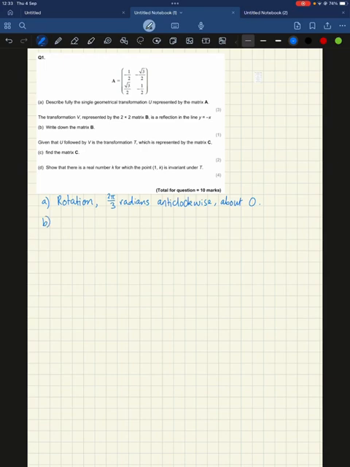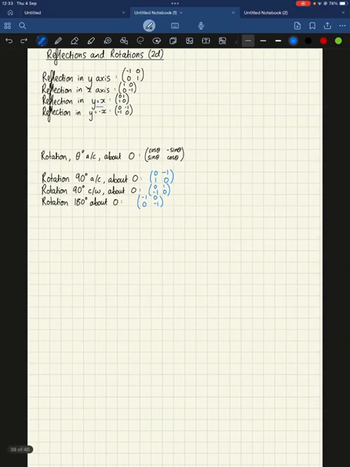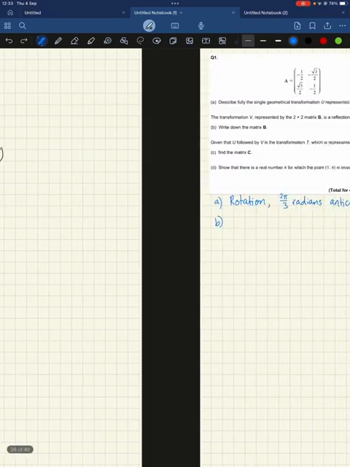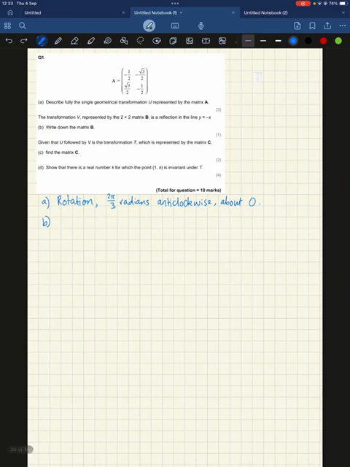Part B. The transformation V represented by the 2 by 2 matrix B is a reflection in the line y equals minus x. Write down the matrix B. Okay, we could just look back and say, oh, y equals minus x, that's 0, minus 1, minus 1, 0, but you're not going to be able to do that in the exam. So you can either memorize that and say it's going to be 0, minus 1, minus 1, 0, or